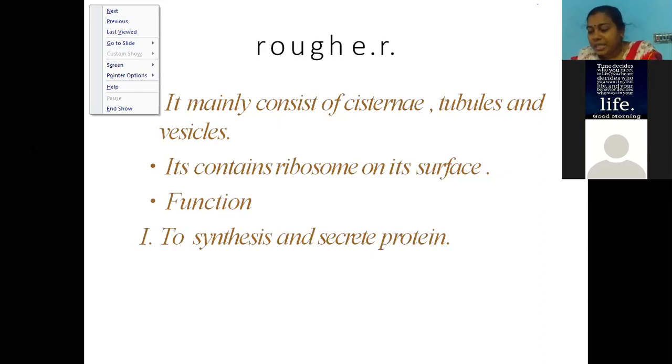Proteins and lipids synthesized by the smooth and rough endoplasmic reticulum help in cell membrane biosynthesis. You know, students, the plasma membrane has a lipid bilayer. This plasma membrane is made up of proteins and lipids. All these structural components are supplied by the ER. I hope you are following my points. With this, ER is completed. Okay, let us go for the next one.